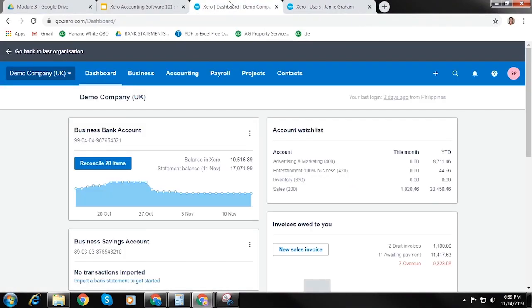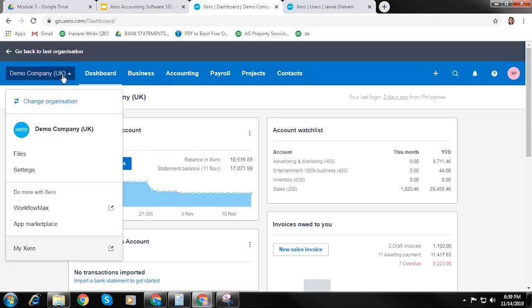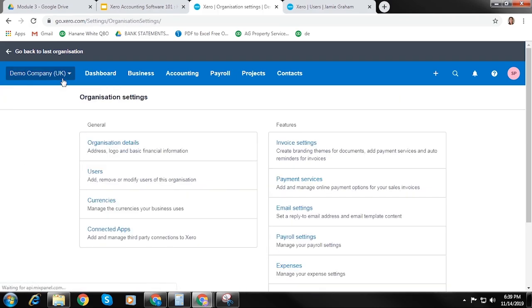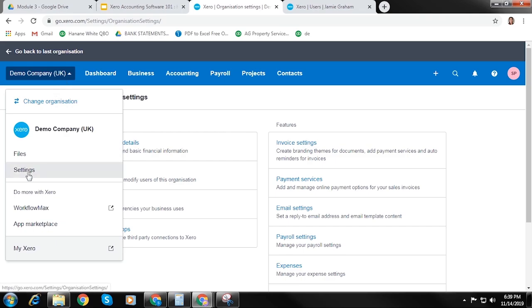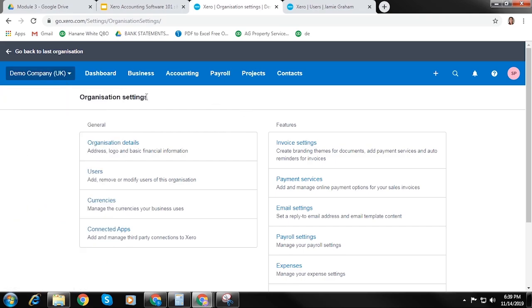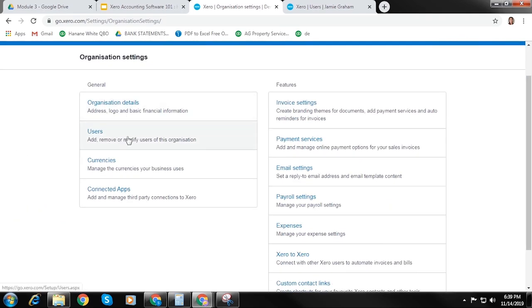Okay, so here's a demo company, a UK demo company in Xero. I'll show you where you could invite users. So here, settings, demo company, and then go to settings, and then organization settings, and then you're going to find users.